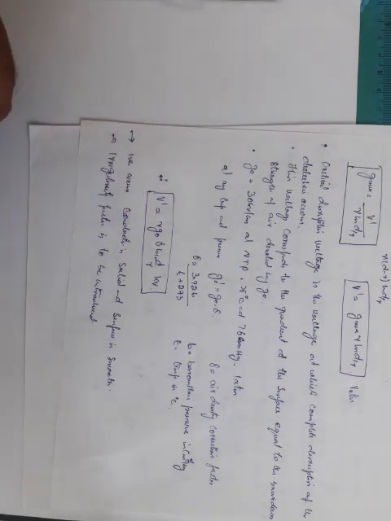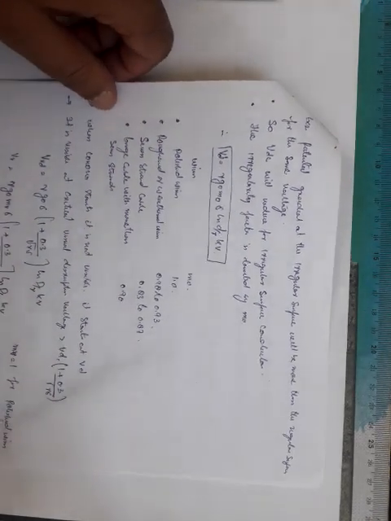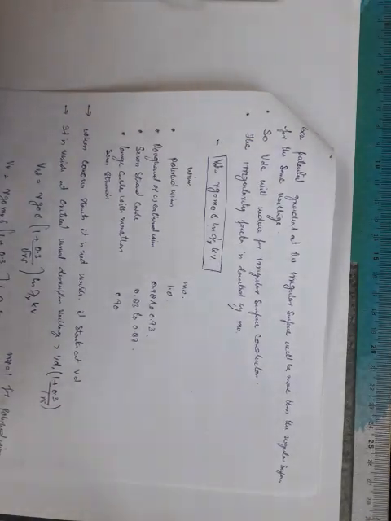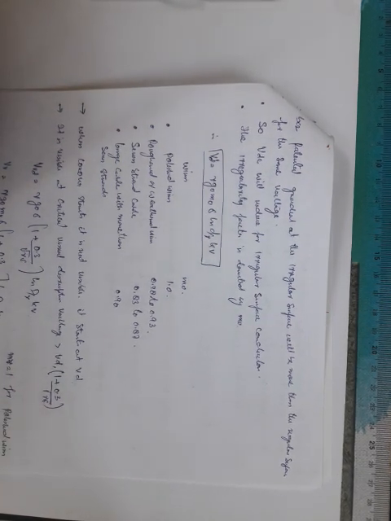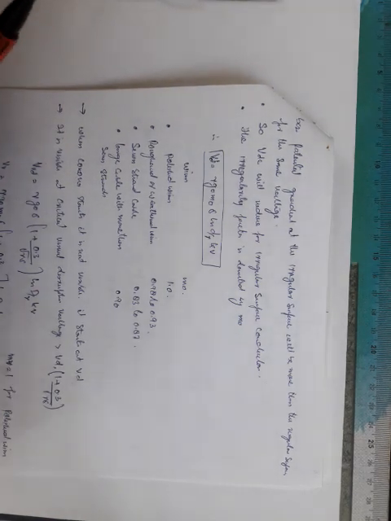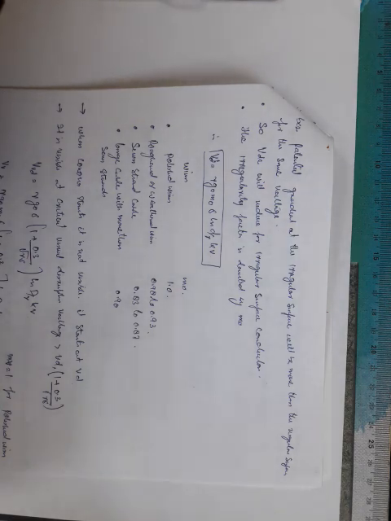Usually when we derive this equation, we assume the conductor surface to be smooth, but sometimes it may not be the case. We may have some irregular surface of the conductor, and irregular surface plays a vital role in case of this potential gradient, because potential gradient of an irregular surface will be more as compared to a regular surface. When potential gradient is more, the disruptive voltage for that kind of conductor will be less. That means corona takes place at lesser voltage for an irregular surface as compared to the smooth surface. So in that case, we need to consider the irregularity surface factor.